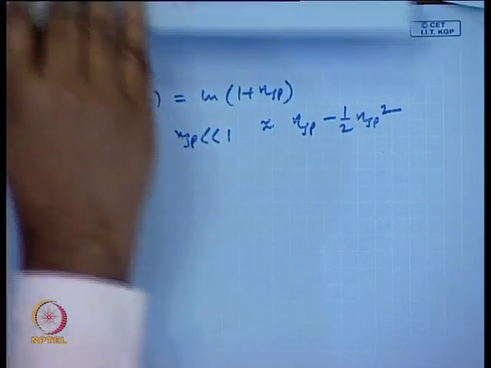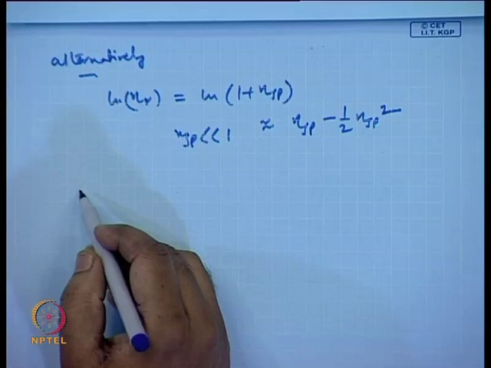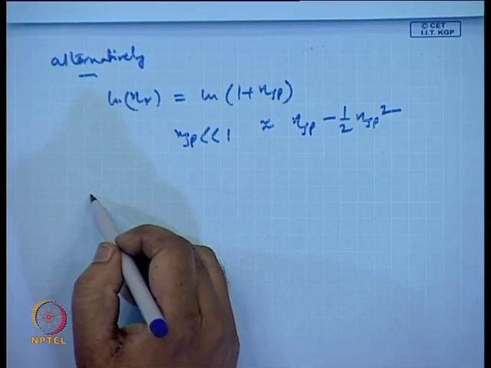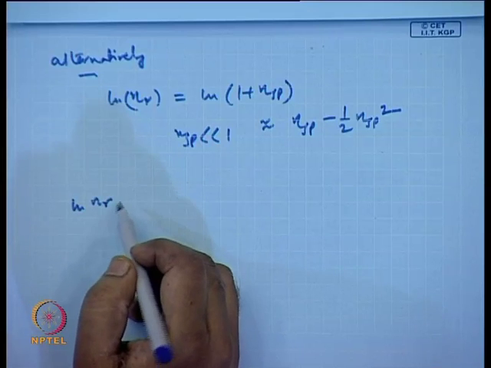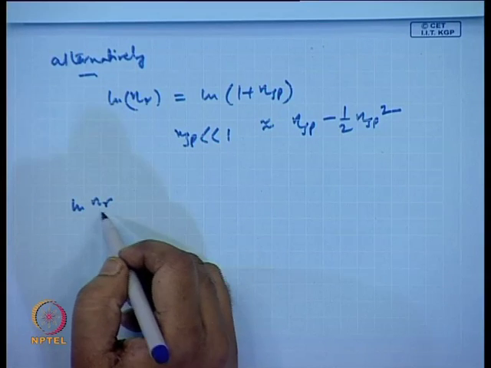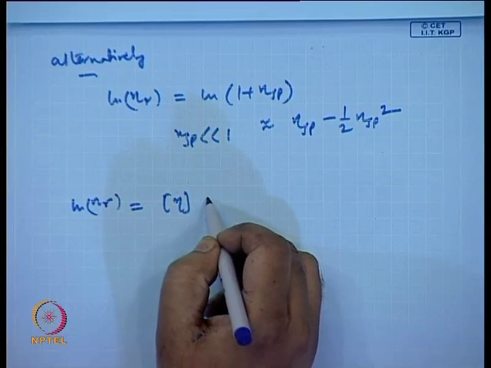So, this Huggins equation can now be written directly as ln eta r by C is equal to intrinsic viscosity plus